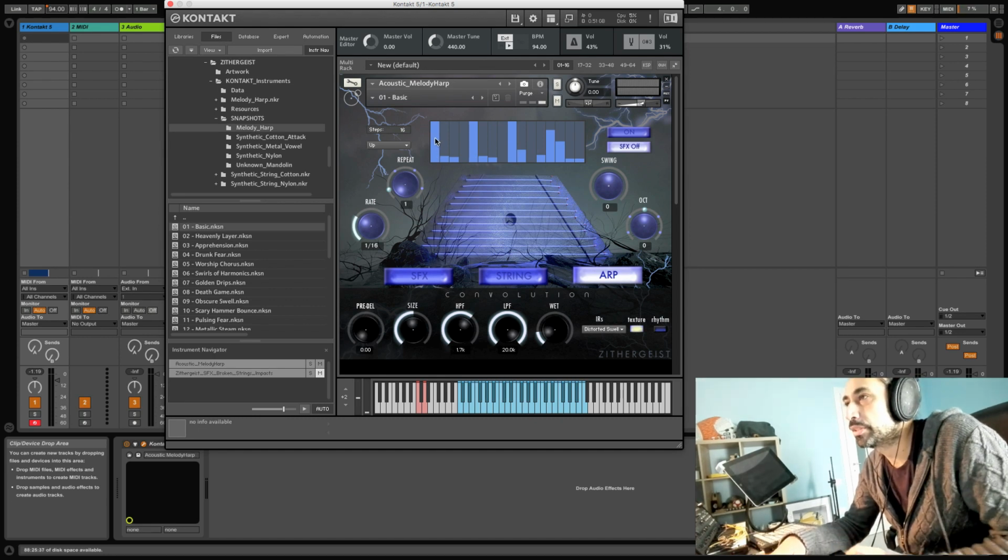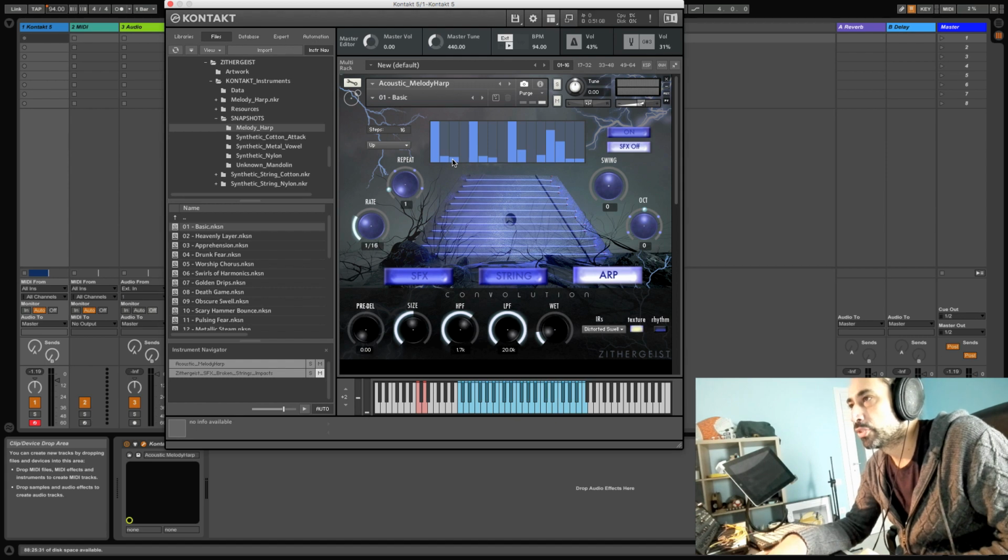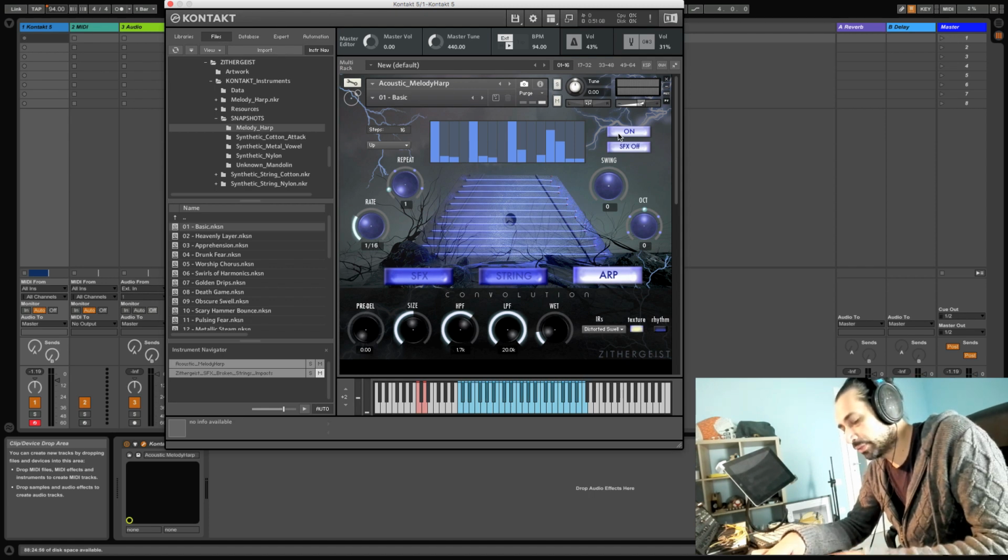As the name suggests, here you have this table where you can structure, let's say, your arpeggiated sequence, and each one of these bars here controls the velocity of the note within the sequence. So if we use this switch to activate the arpeggiator, we have